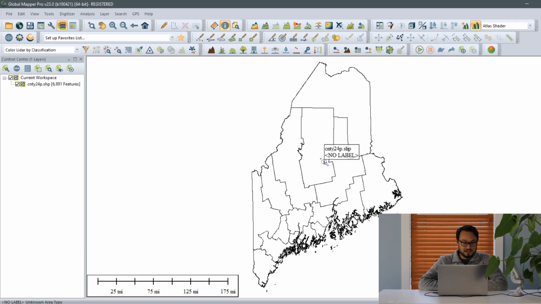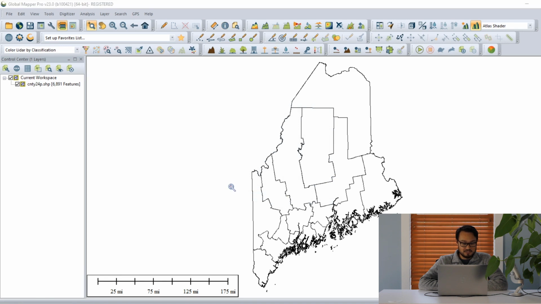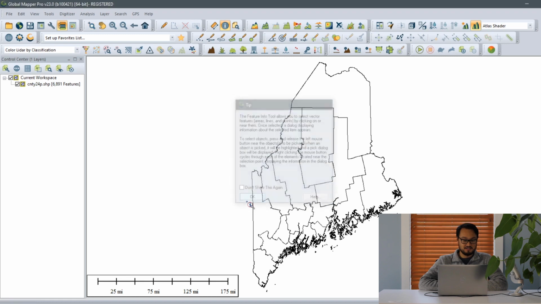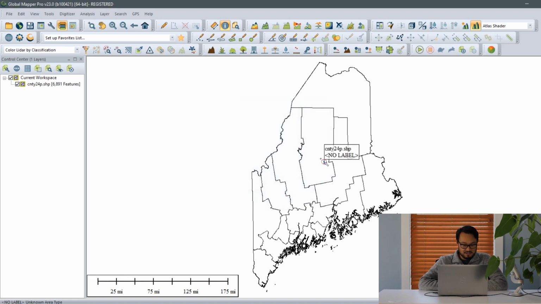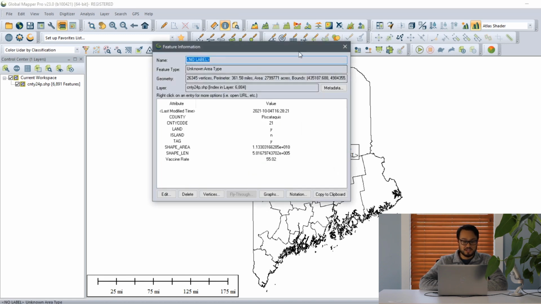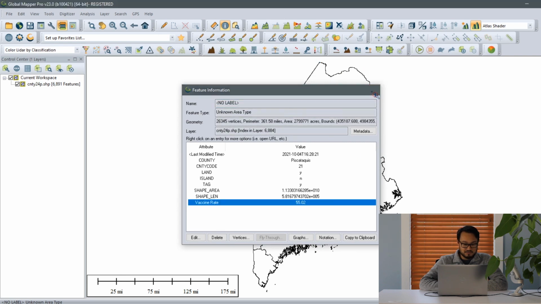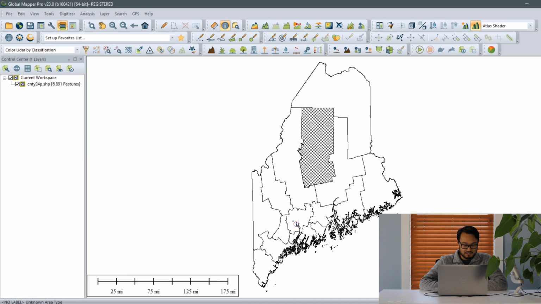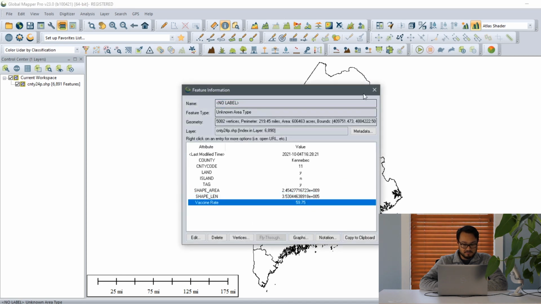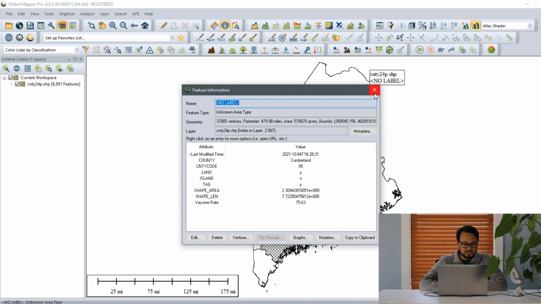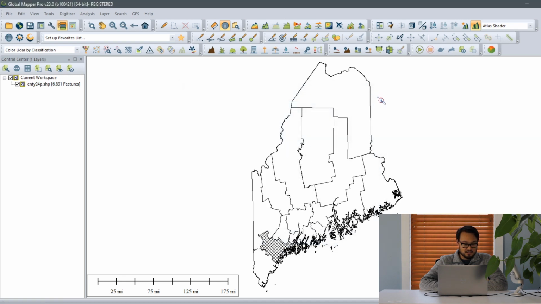So I'm going to demonstrate how to do Choropleth mapping in Global Mapper using this Maine shapefile of the counties of Maine and looking at this vaccine rate that is in each county's attributes. You can see there's one here for Kennebec County, one for Cumberland County. You see these, this data varies from county to county, so we can make a nice map colored based on whatever that vaccine